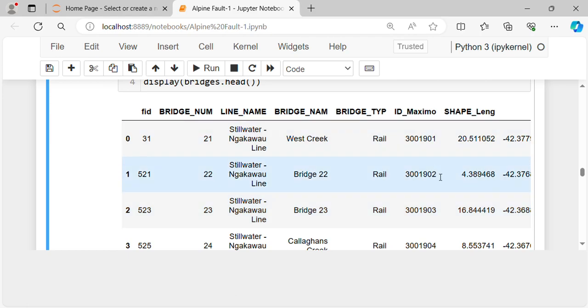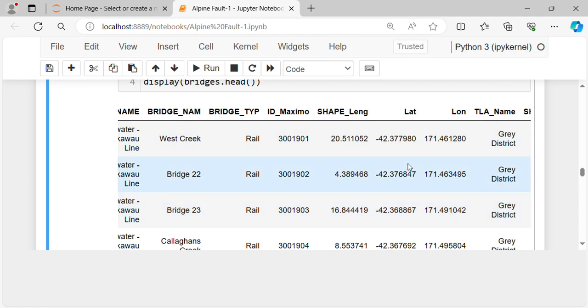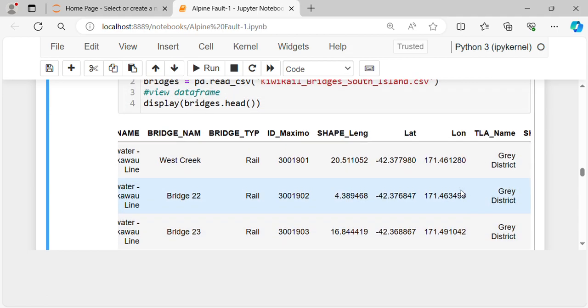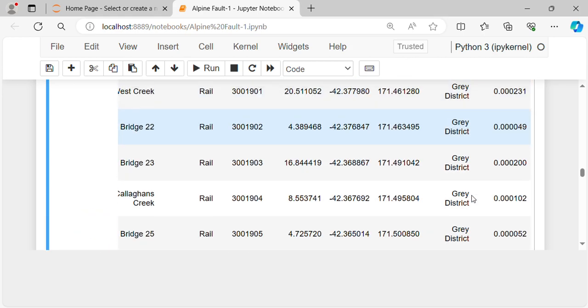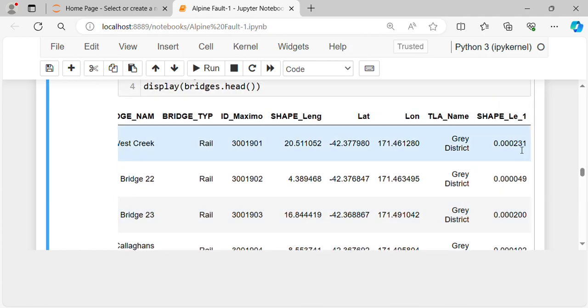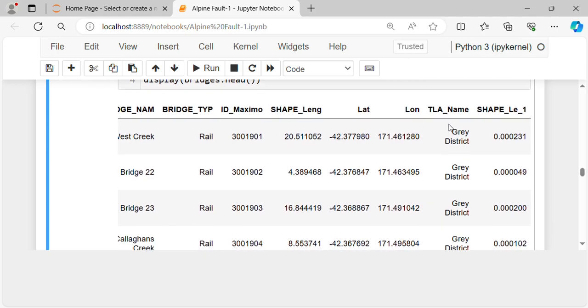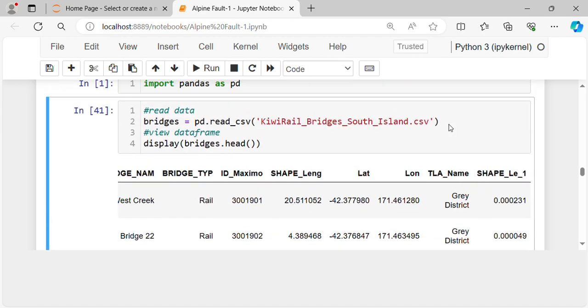ID_Maximo is all these IDs. Shape_length is all these values here, and latitude values are these, and longitude values are here, and TLA name is Grey District for the first 5 rows, and shape_area_1 is these values. Now if we want to know all the TLA names, then we pass the command